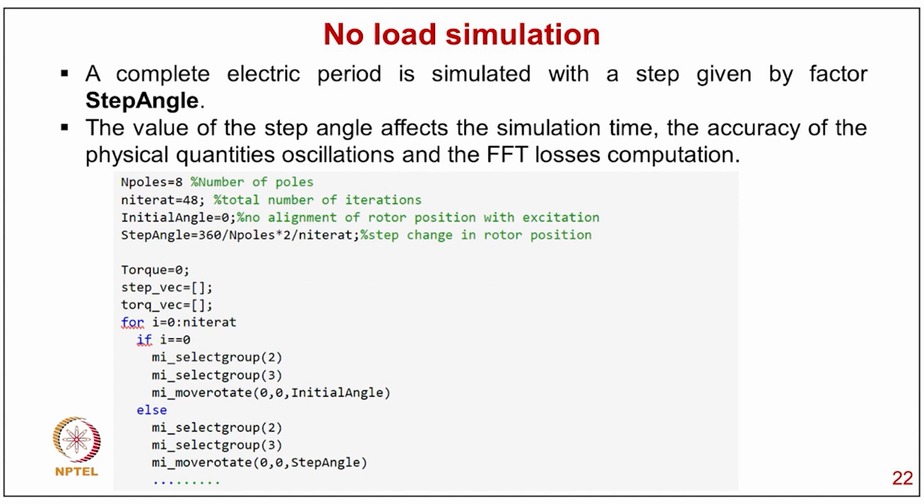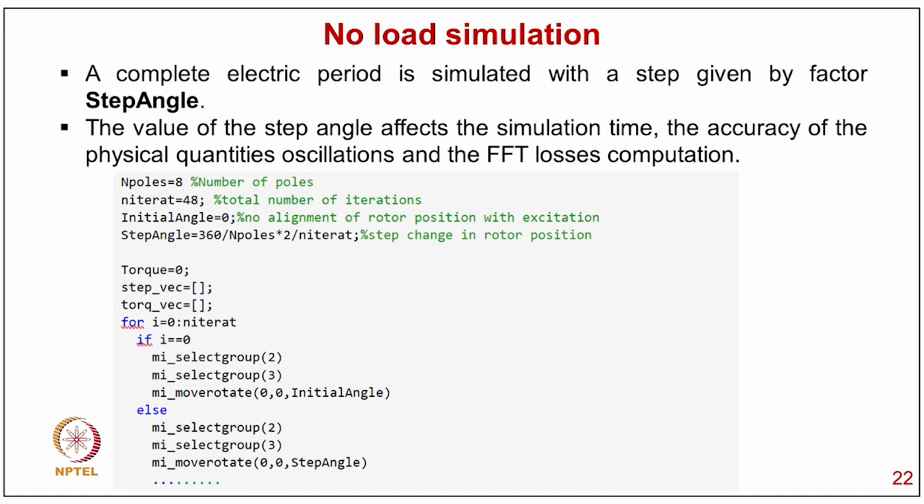The value of the step angle affects the simulation time, the accuracy of the physical quantity oscillations, and the FFT losses computation. And here is typically the code: n_pole equal to 8, n_iteration 48, initial angle 0 degree, step angle 360 by n_pole into t divided by n_iteration, then torque equal to 0,